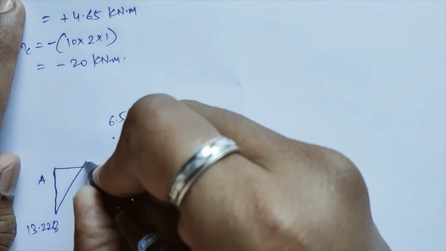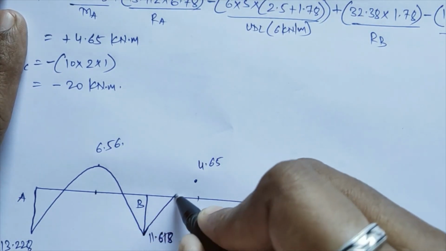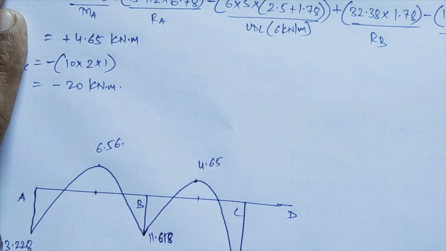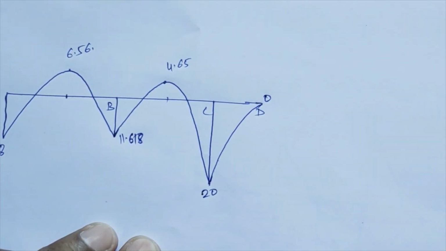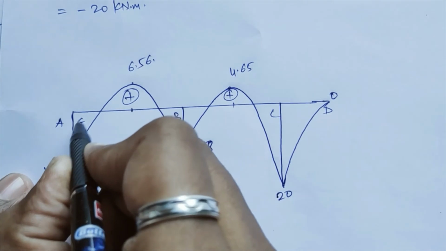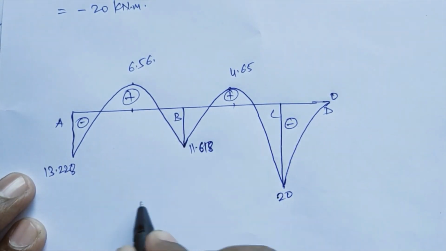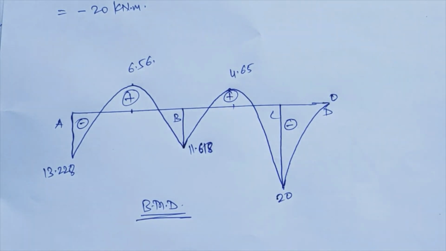So how this will be joined? And at point D this moment will become 0 over here, and this will be your positive sagging moments, and this will be your negative hogging moments over there. That will give me bending moment diagram here final. This diagram is called as your bending moment on the tension side always, because here we see tension and compression side. Tension side is which one and compression side is which one over there.